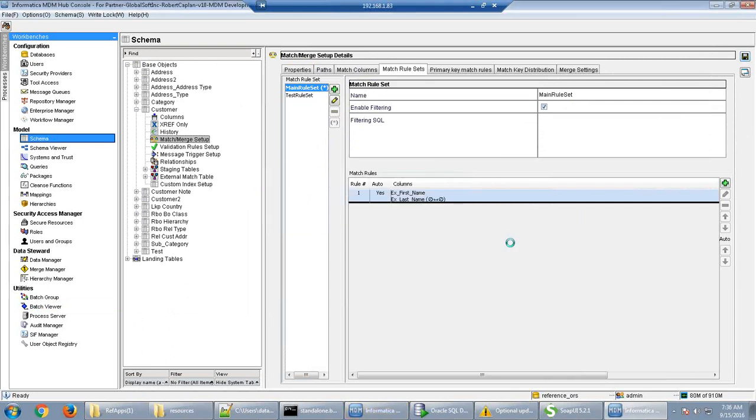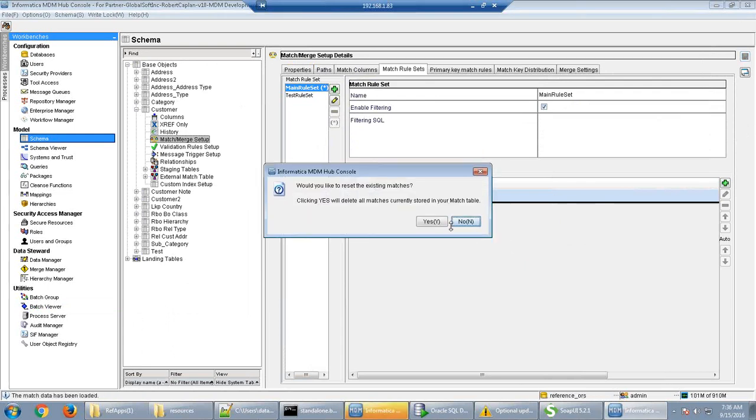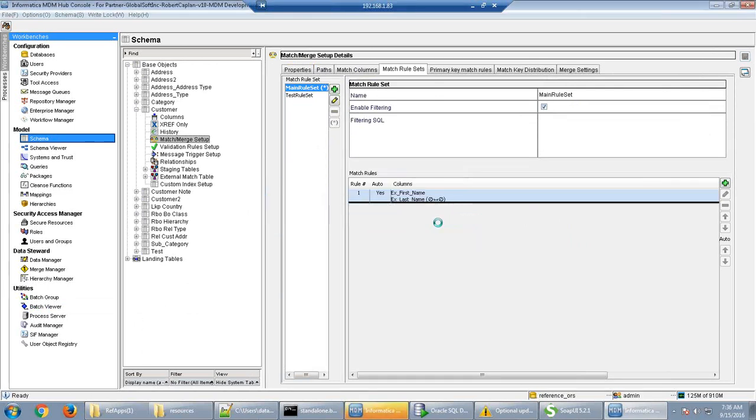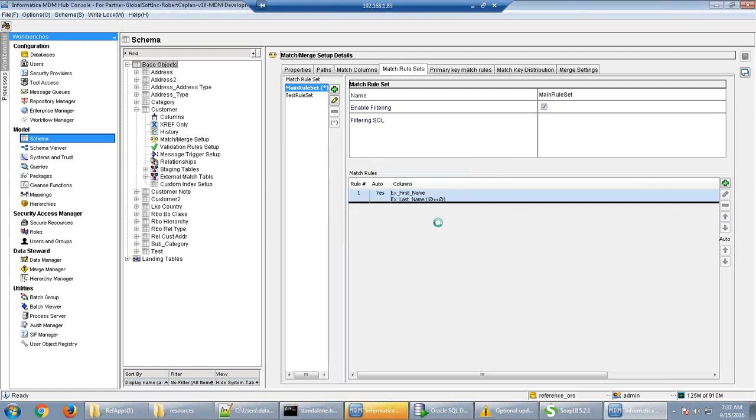Okay, got it. Thanks, Sunil. For running the match process, you should have records with consolidation indicator 4 in your tables. Then only it will run, otherwise it doesn't run. So now I just turned enable filtering on and I'm saving it. Now this option came, it will reset the consolidation indicator to 4. Once it is done, I will come back again, disable enable filtering and save it again.